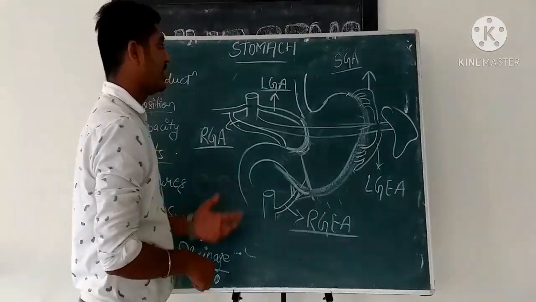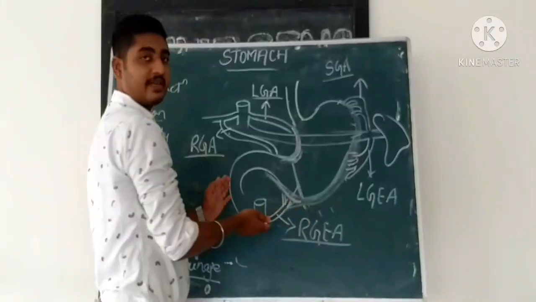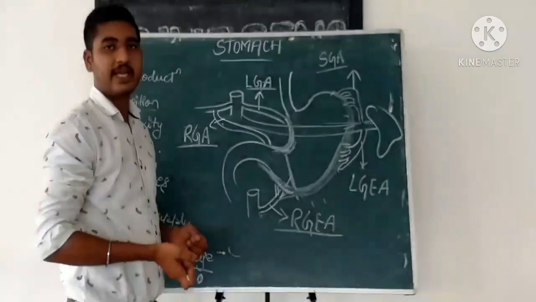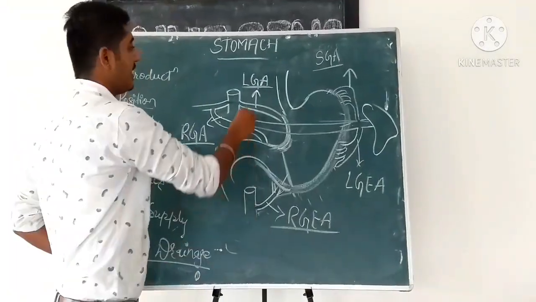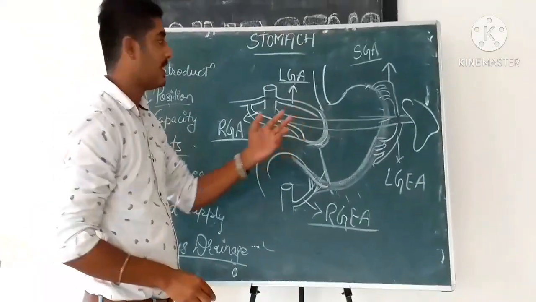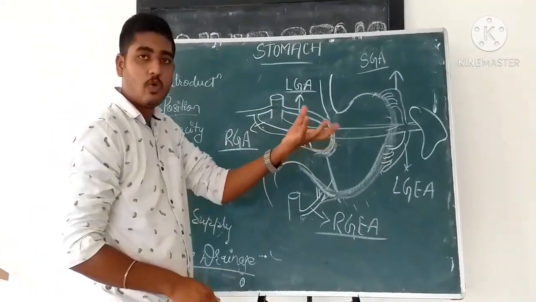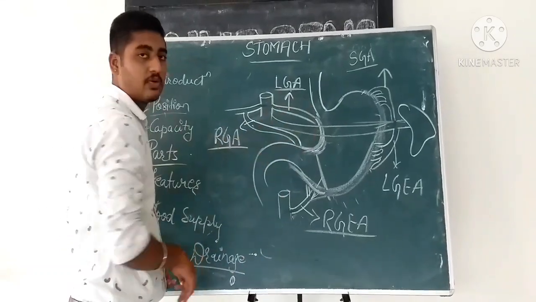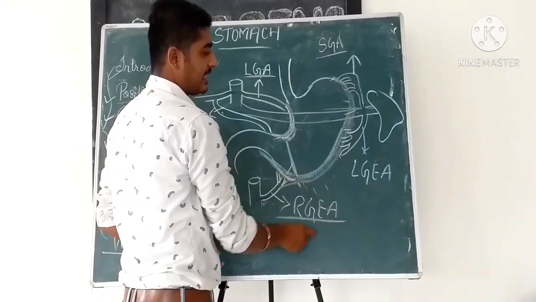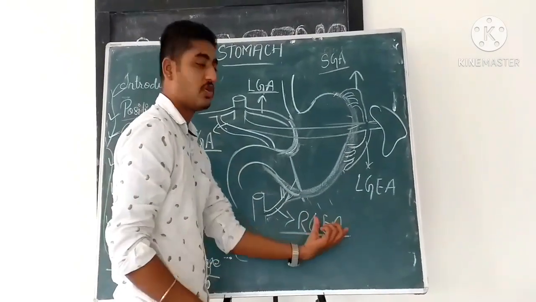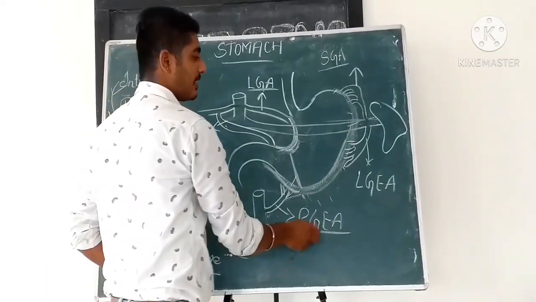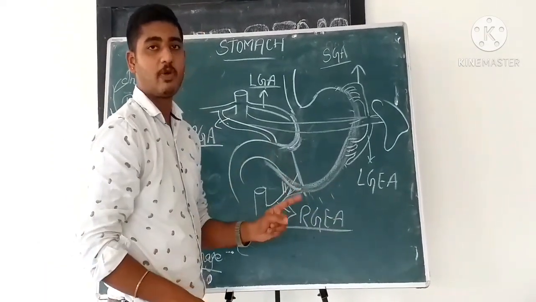Okay. So venous drainage, whatever the arteries have supplied the stomach, the same are going to drain out, but in the form of veins. Now the right and the left gastric artery are the blood supply. Now the right and the left gastric veins are going to drain out the venous blood. Okay. Now these are the right and the left gastroepiploic artery. The same, when they come out, will become the right and the left gastroepiploic vein.